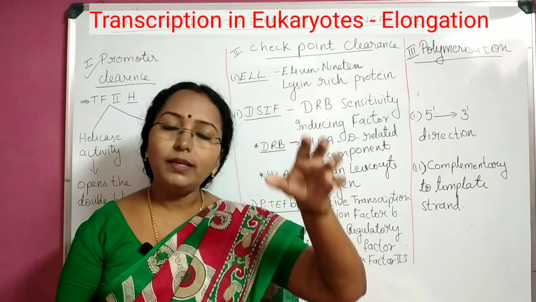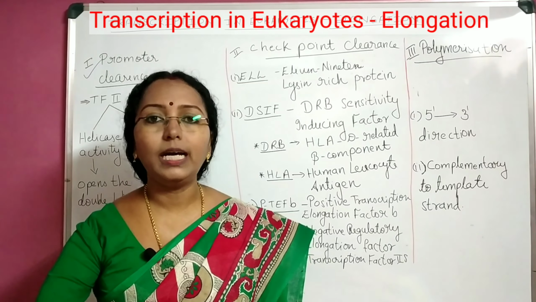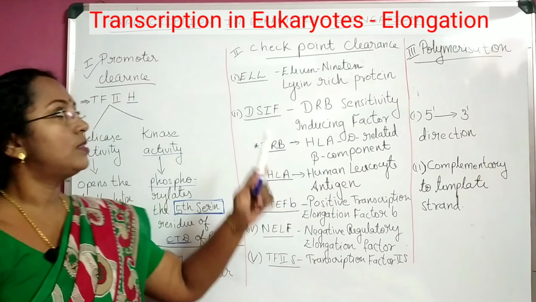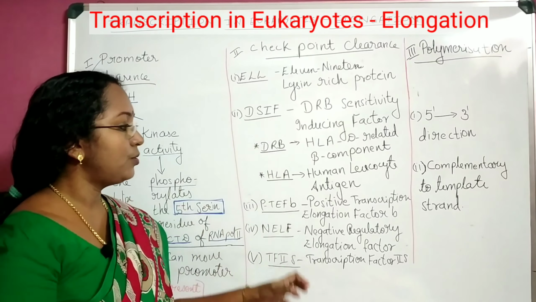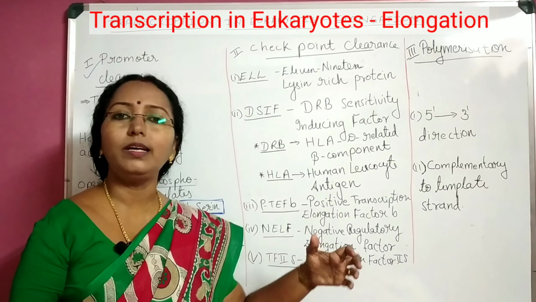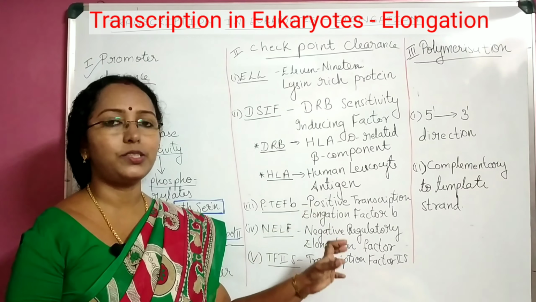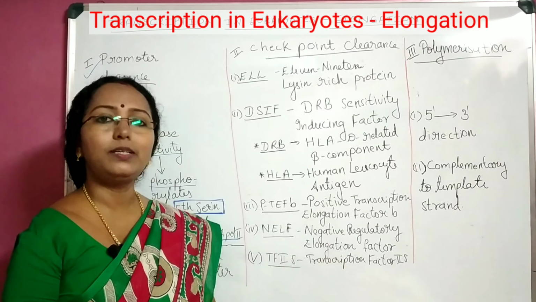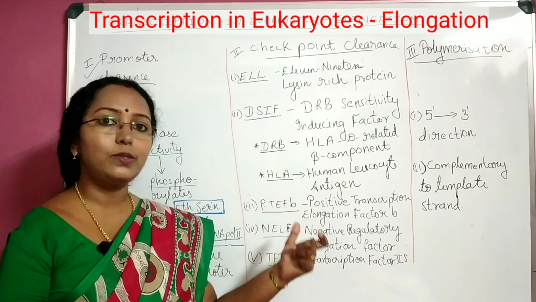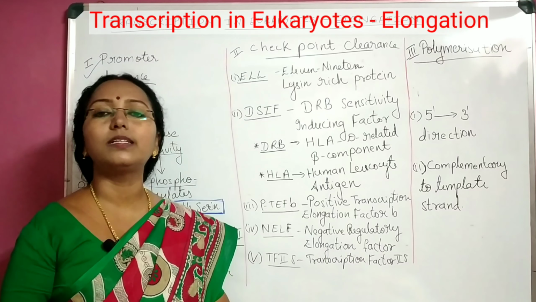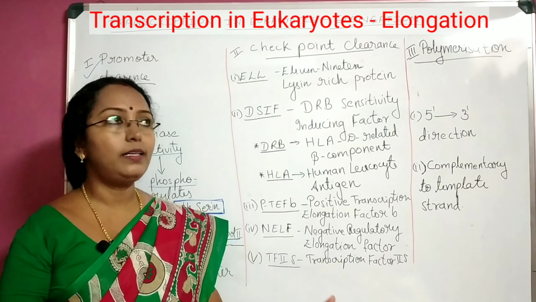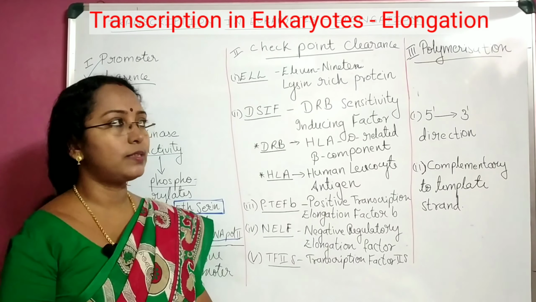And there are many key players which are helping this RNA polymerase to surpass these checkpoints. I'm just introducing to you here those key players, okay? And after introducing them, surely I'll explain each one's functions by specific diagrams. Let me first introduce the members or the factors which are aiding in clearing the checkpoints. First one,